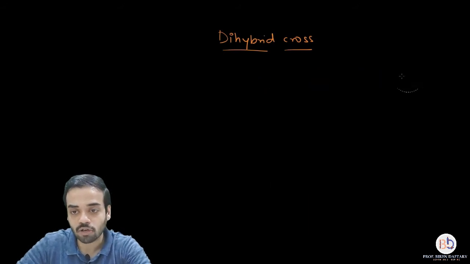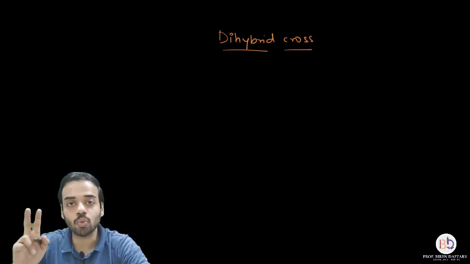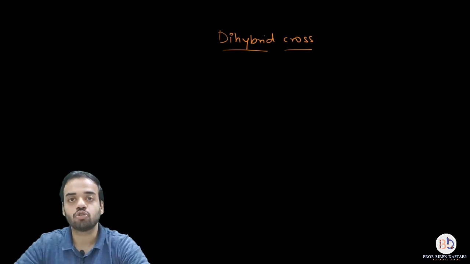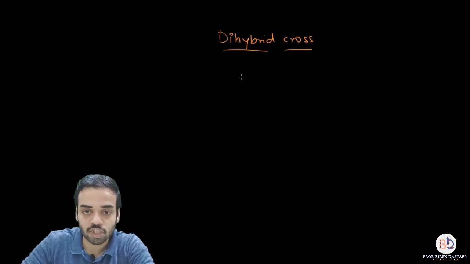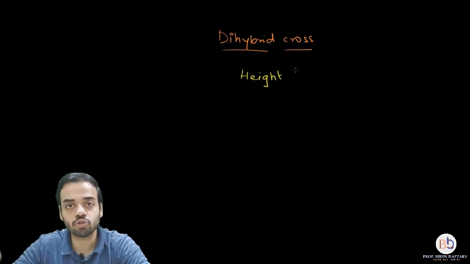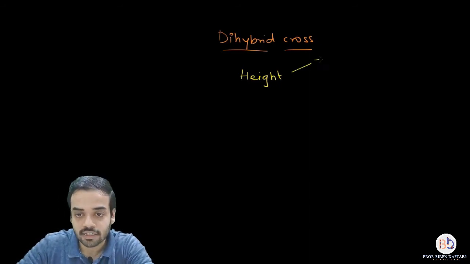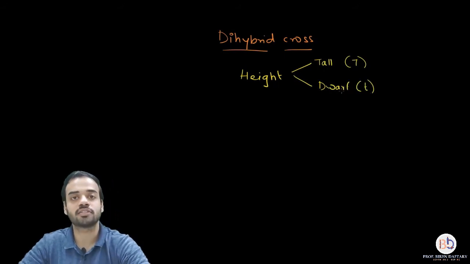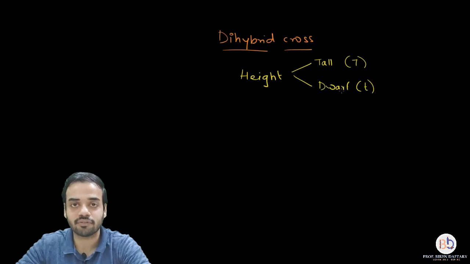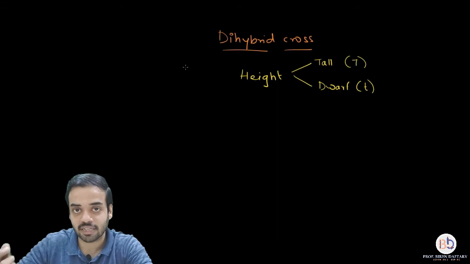However, when we talk about a dihybrid cross, we take two characters into account. Please remember. So for this example, let us take two characters into account. First is going to be the height of the plant, right? Again, height shows two traits. The dominant trait is tall, represented by the capital T allele, whereas the recessive trait is dwarf, which is represented by the small t allele. You know this. And the other character that we are going to take for this example is the shape of the seed, the shape of the pea.